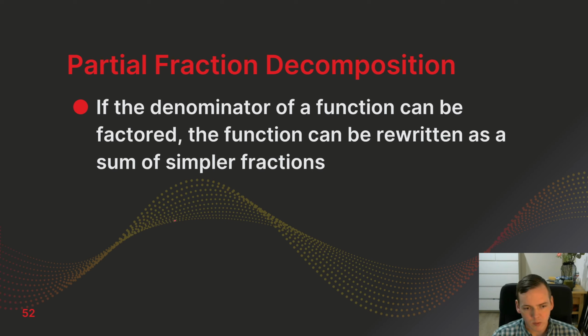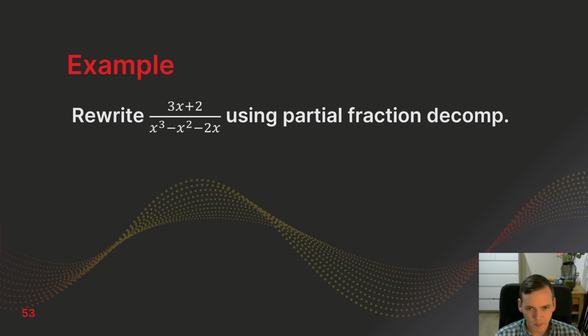In other words, we can write something like A over x plus B over x plus C, plus etc. And this will make sense once I show you the work here, but the idea is we're looking for a simpler sum of fractions than we had before. So here's an example. Rewrite (3x + 2) divided by (x cubed minus x squared minus 2x) using partial fraction